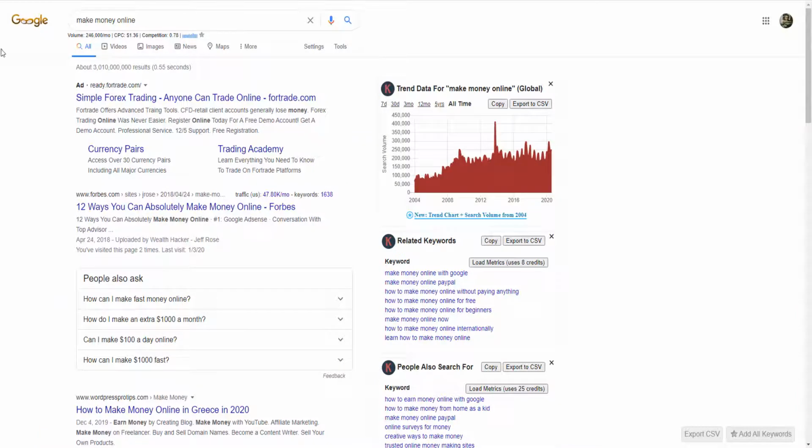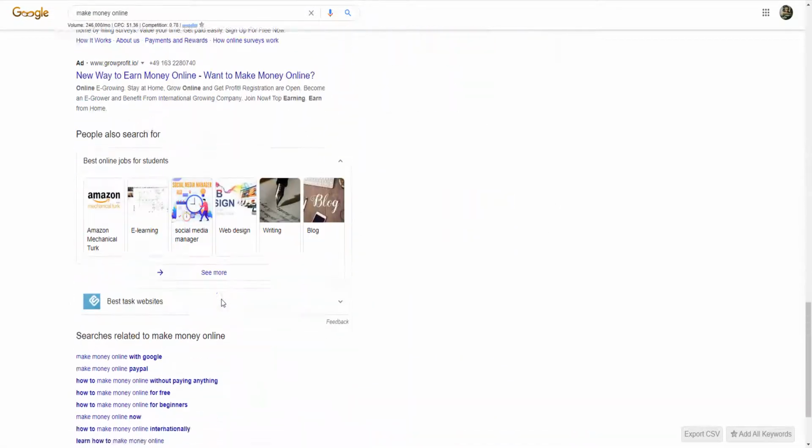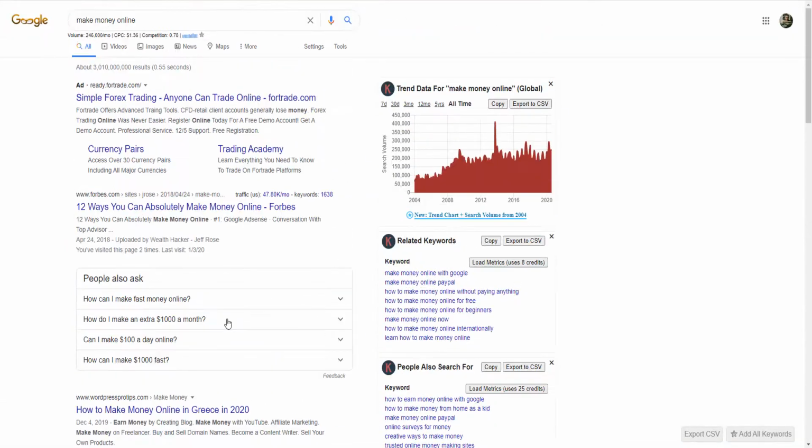This is Google. I just typed "make money online," and you can see here that there is an advertisement. It could be about Forex trading, for example, that you can see right here now, all right? So it depends where you are located. I'm located in Greece, so there is not so much, but if you are located, let's say, in the United States, you might see more advertising here on the platform. And you can do the same on Bing and Facebook advertising. I think you know how it works.